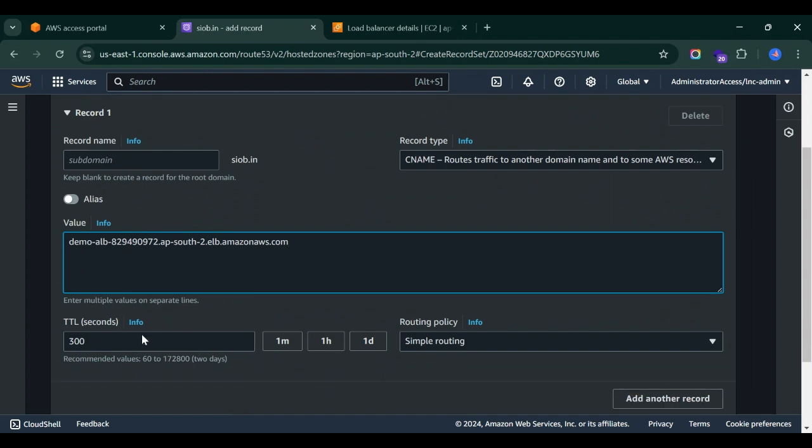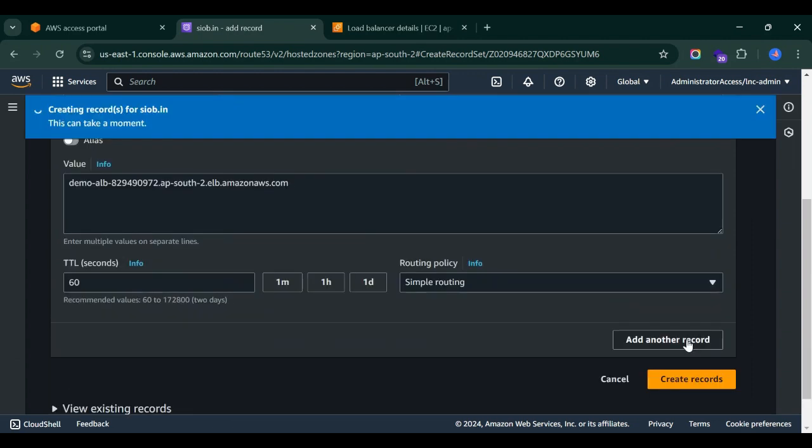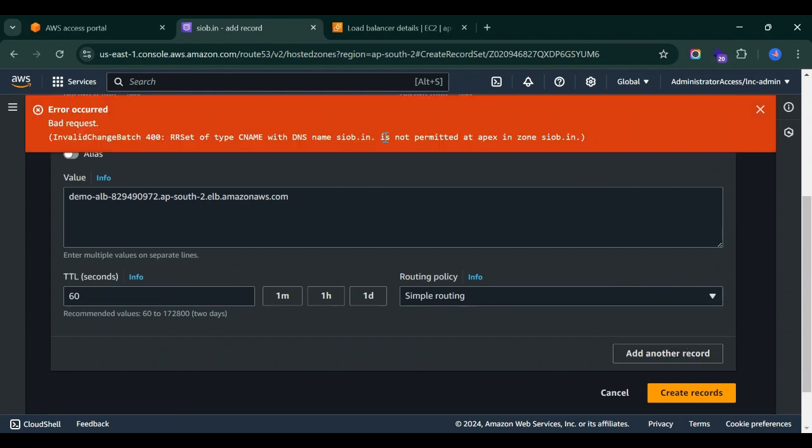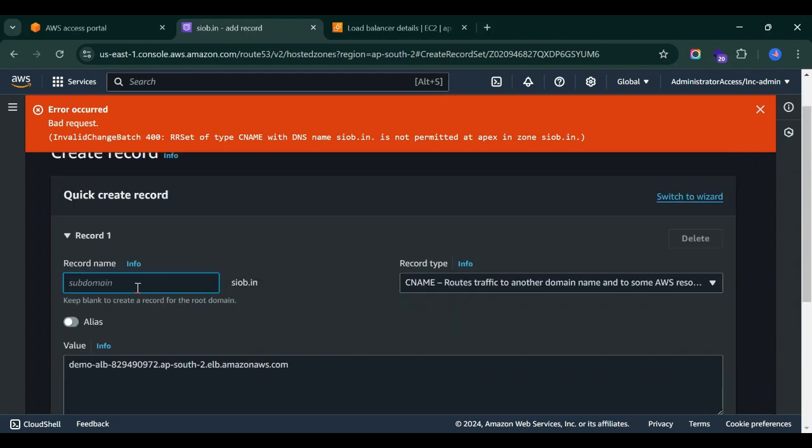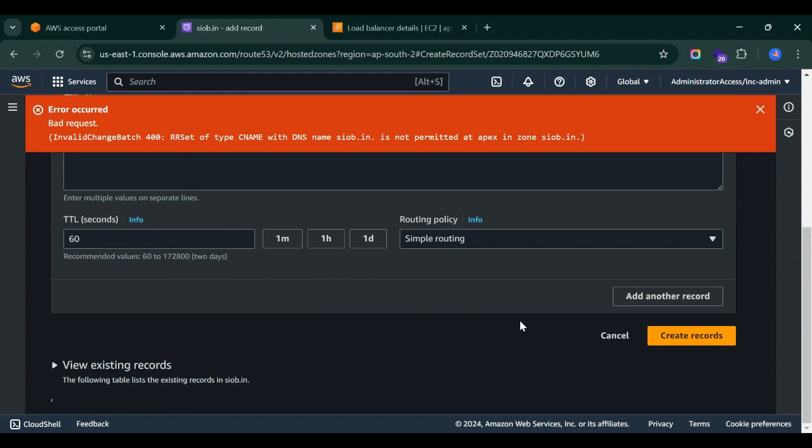Okay, so I'm going to keep 60 seconds for the demo. If I click create records, yeah, it gives me the error that type CNAME with DNS and SIOB is not permitted at the apex in zone SIOB.in directly. Okay, so instead of that, you need to add it in a subdomain. Okay, so like this, and if you click create records,